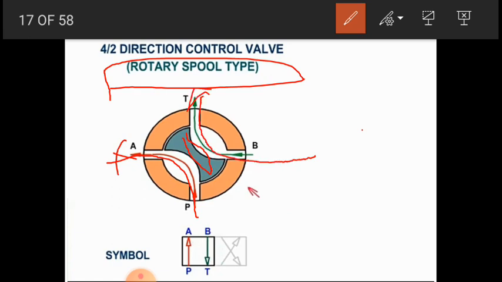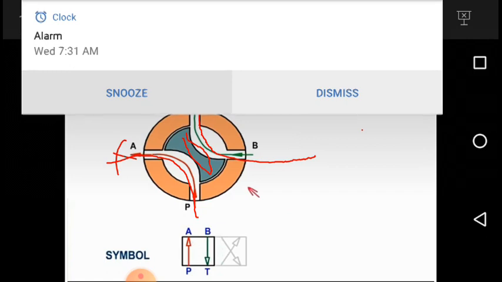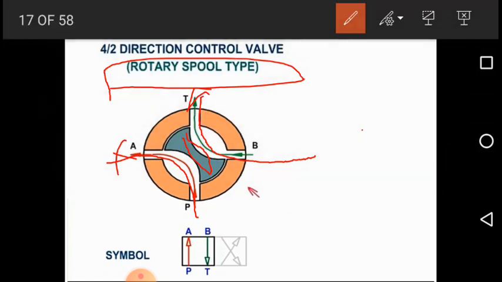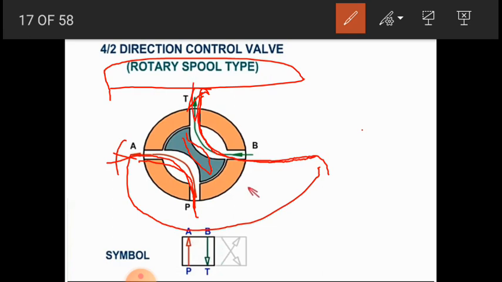So you can make the connection from pump P to A and B to T. That required arrangement or required direction can be done in the directional control valve.